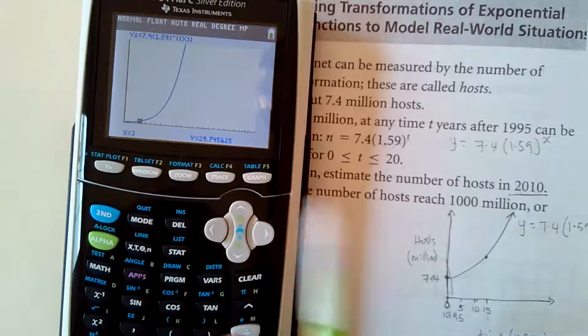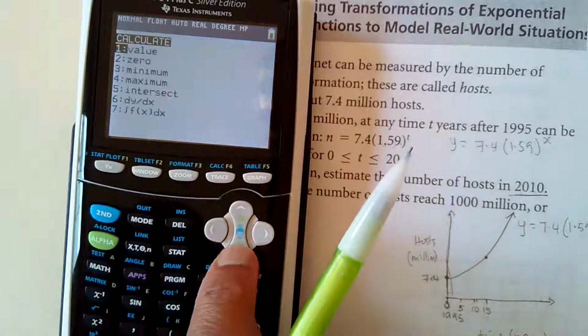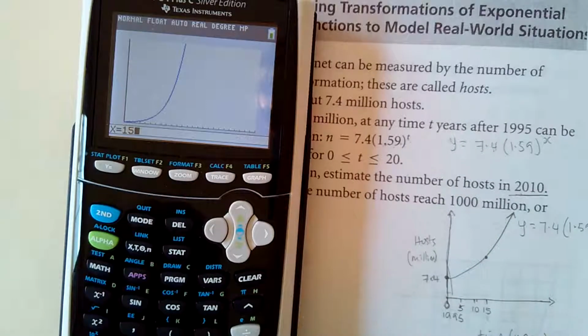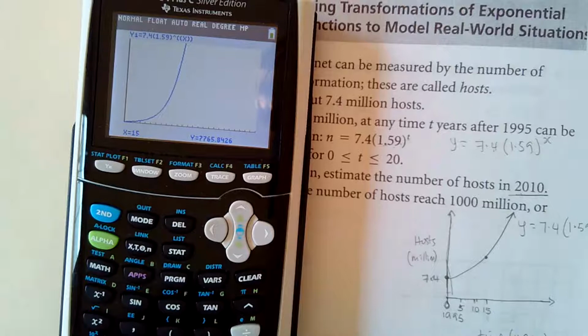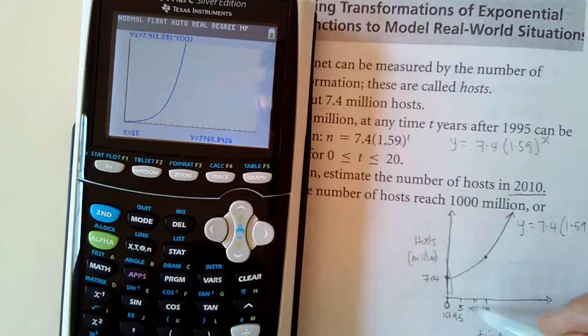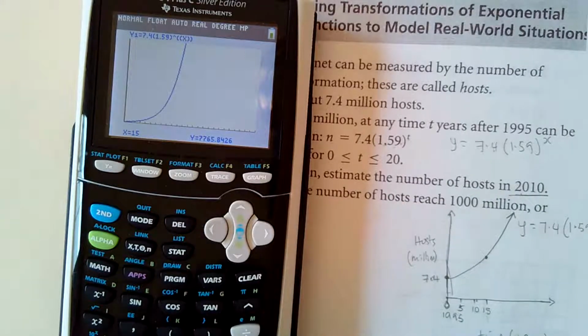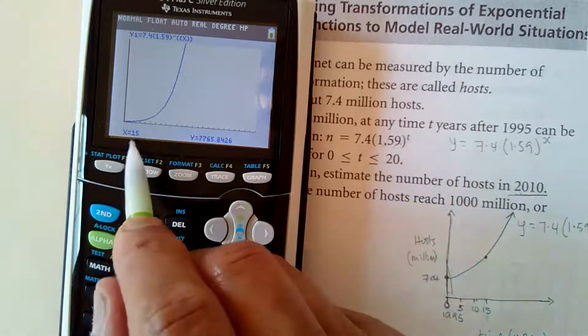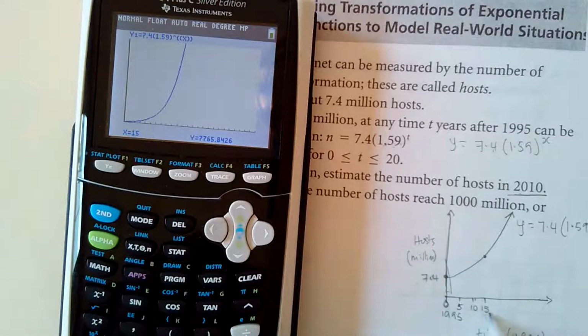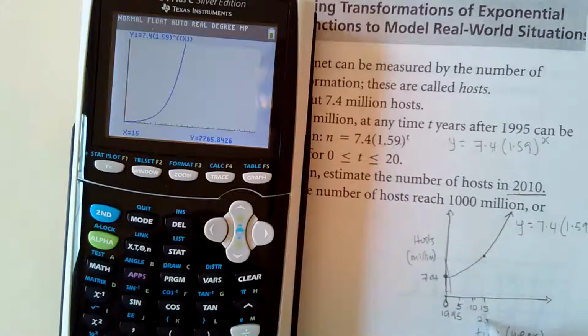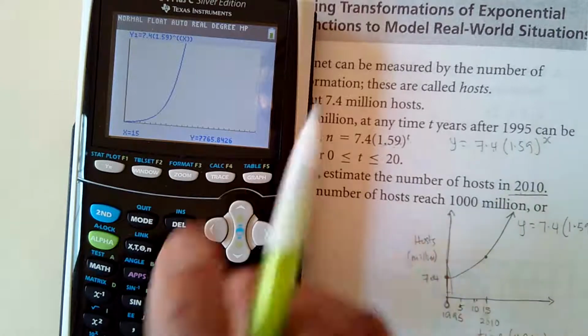I got that wrong. Correction. It should be 15 years. Looking at 15 years. Now that makes sense, because I was looking at 1 times 5 years. In my calculator, 1 actually means 1 year, so it will be 15. So when x is 15, because it's 15 added to 1985, that gives me 2010. So this is 2010. When x is 15, y, my calculator is